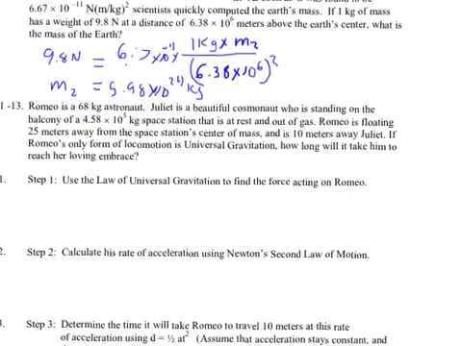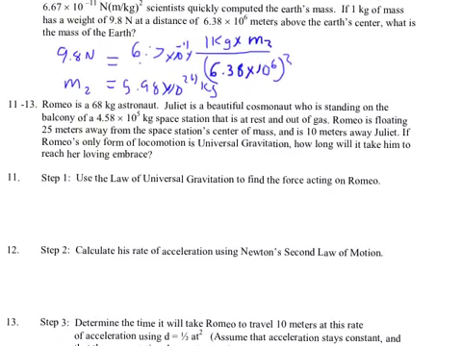Oh, it's the Romeo and Juliet problem. Alright, let's see what we got here. The first thing we want to know is we're going to try to use the universal law of gravitation to find the force acting on Romeo. So I want to know, what is the force of gravity that is attracting Romeo towards Juliet? Well, really, Juliet's not what M2 is going to be. What M2 is going to be is the space station, because that's going to exert a much larger force on